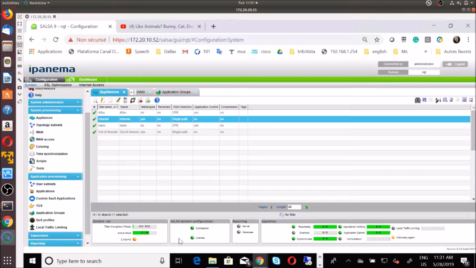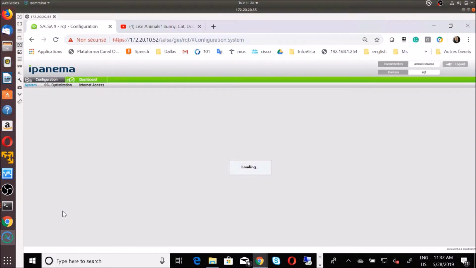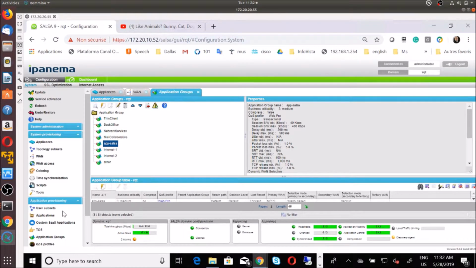We have everything. The out of domain is configured by default. I don't need anything for configuring it. The second part of the configuration is the application groups. And in this case, my application groups are